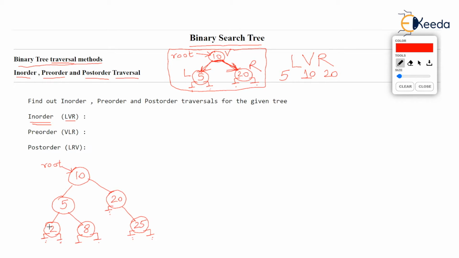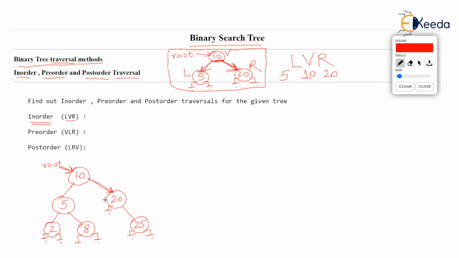Your answer should be, and I am sure it was, you should start traversal from the root node. Why? Because that's the only node you know. You don't know anybody else's address. You just cannot jump to 5 directly and say, I will start the process from 5. To reach 5, you will have to first go to 10 and 10 will tell you where is 5 by using this left pointer. You just can't start the process from 20, because to reach 20, you will have to first reach 10, because 10 has the address of 20 in the right pointer. I hope you are understanding.